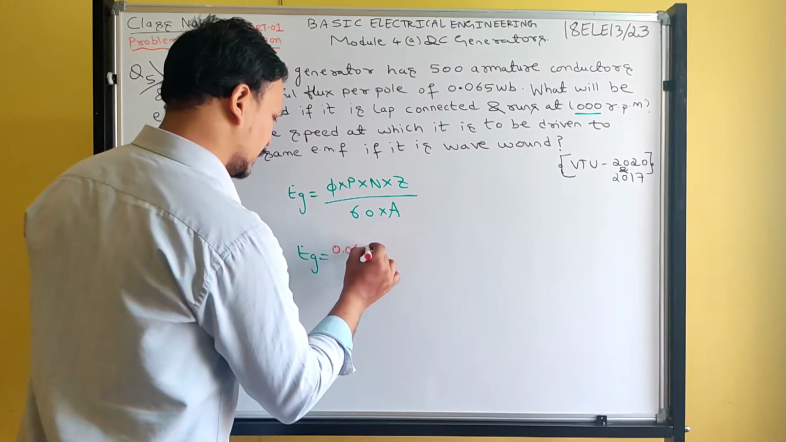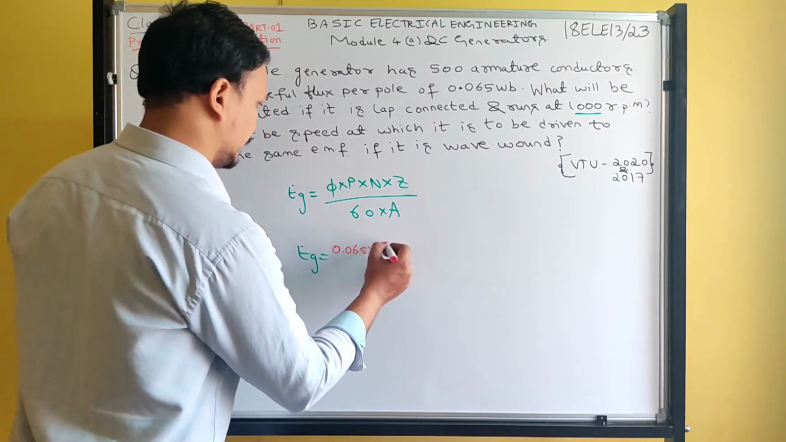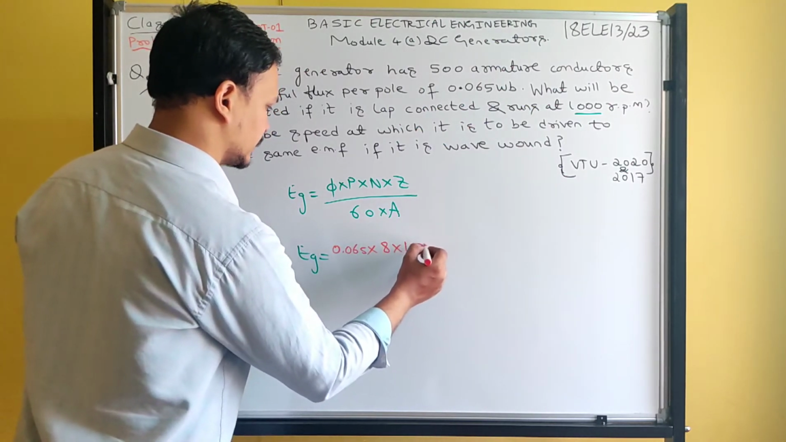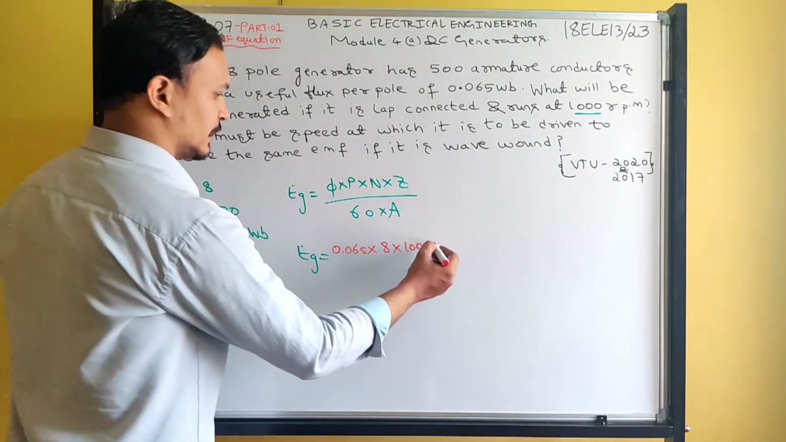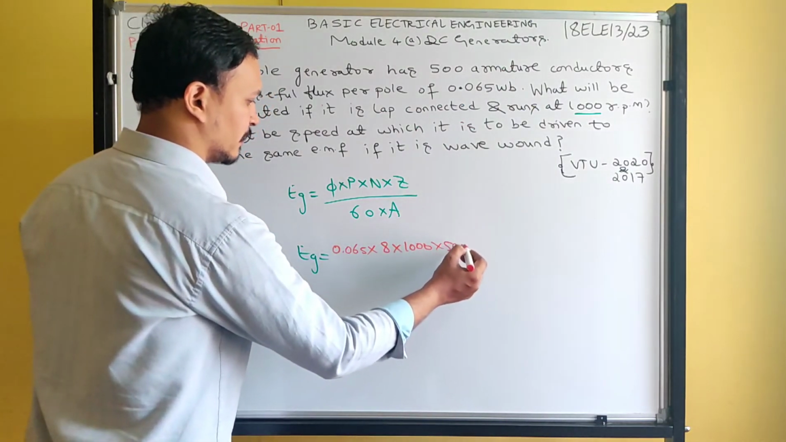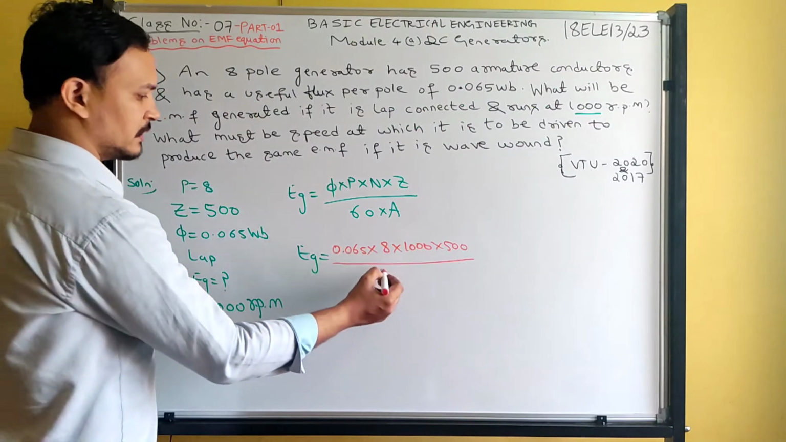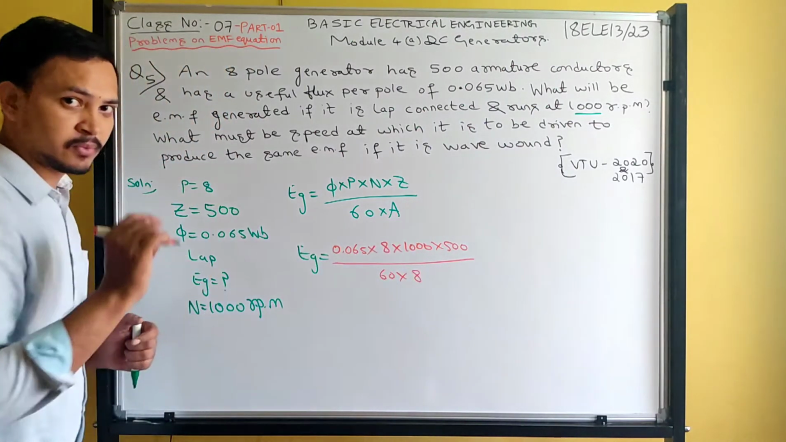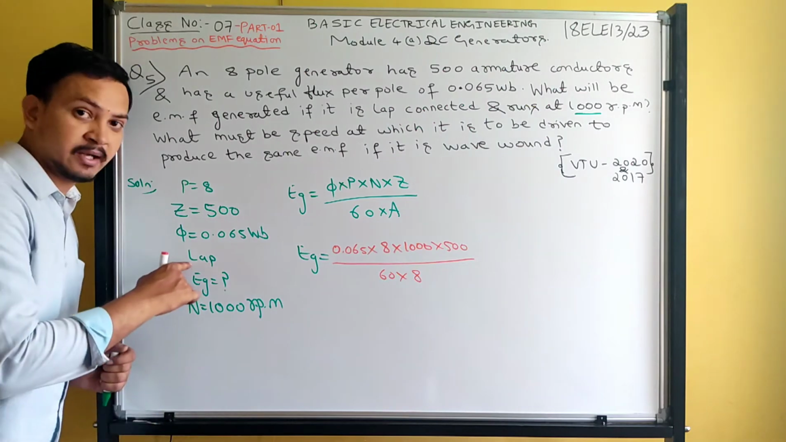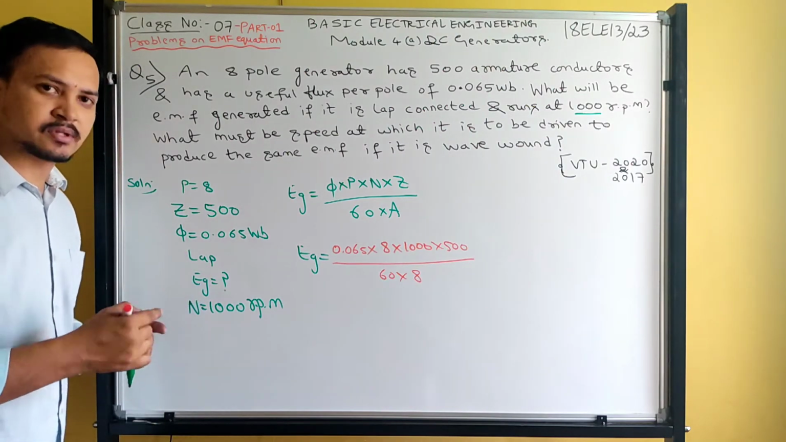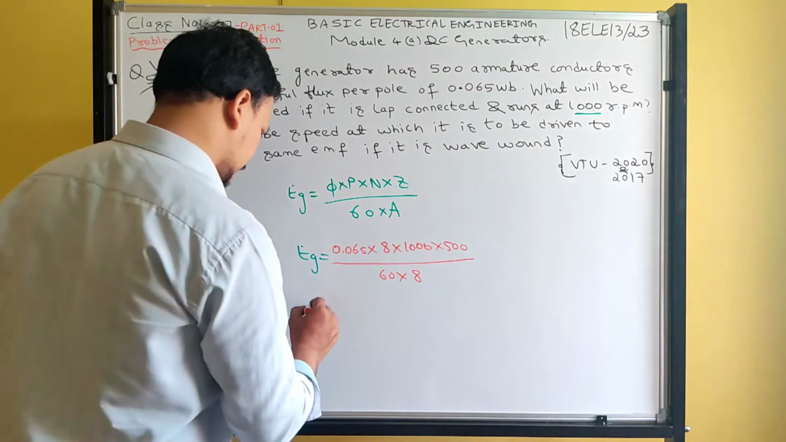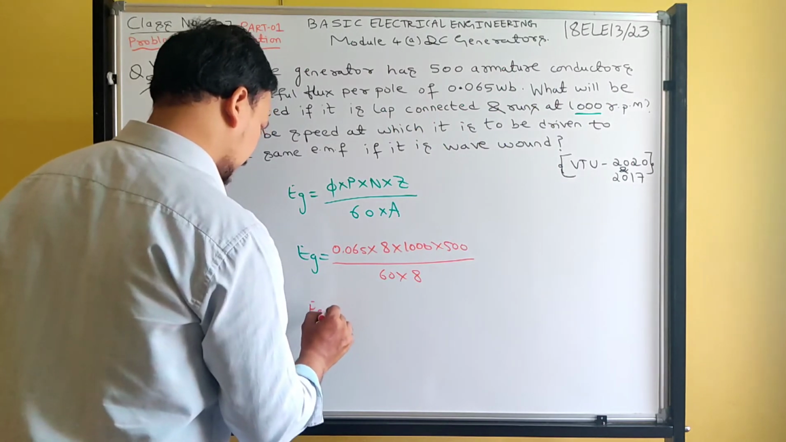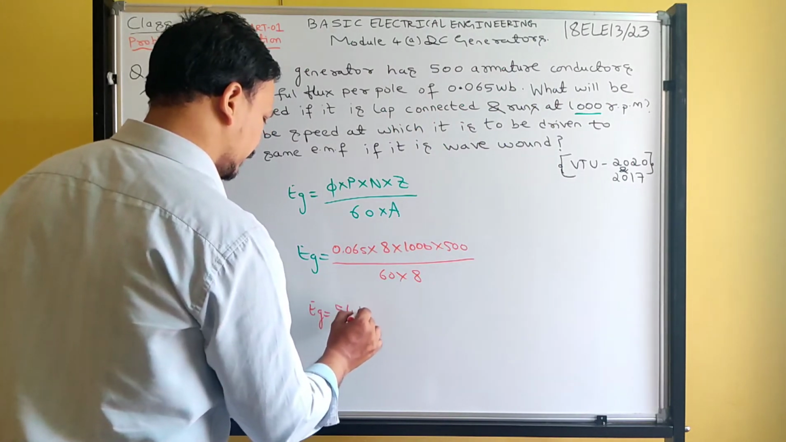Flux is 0.065, and number of poles is 8. Speed is 1000 rpm, and total number of conductors is 500, divided by 60 into A. A indicates the number of parallel paths. What type of winding? Lap winding. So A equals poles. Solving in the calculator, we got the answer